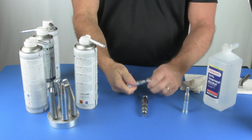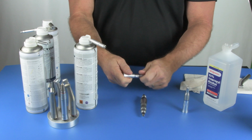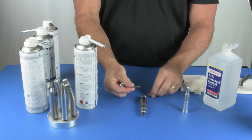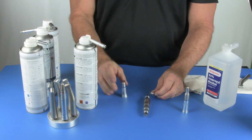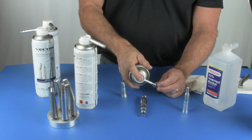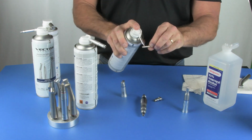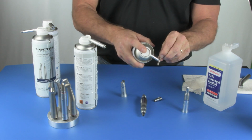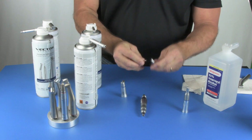Initially with these, you want to take these apart. If it has the type that has a removable head, it's important to take the head off of the handpiece. There's a small gear shaft inside that also needs to be oiled periodically. So with these, I always start with the small nozzle, the pointed nozzle. Go ahead and spray into the head for about 2 seconds. Spray the gear shaft for 1 second. There's generally a small hole in the gear shaft, and that's where these little pointed nozzles go. Reassemble the head,